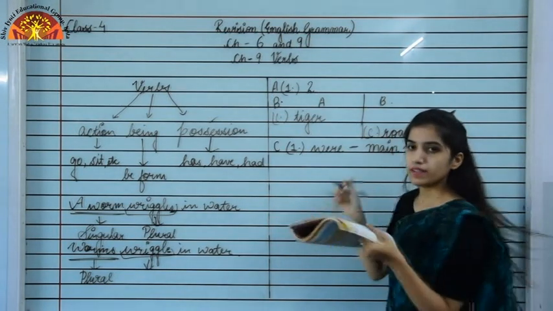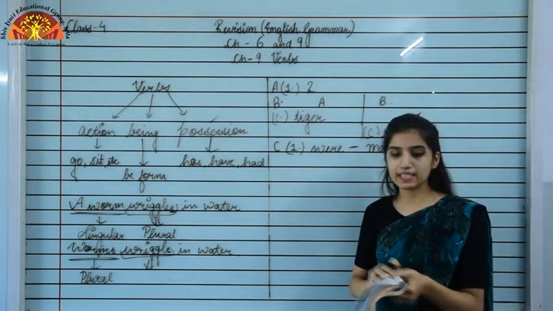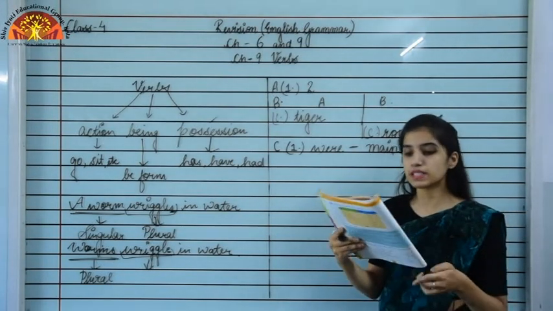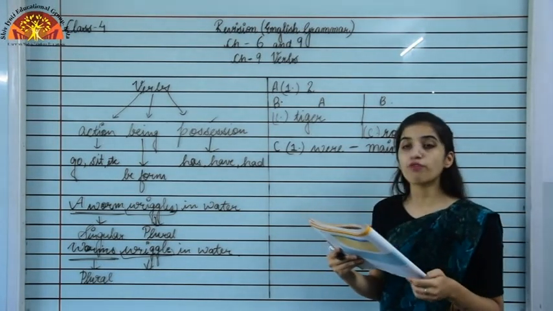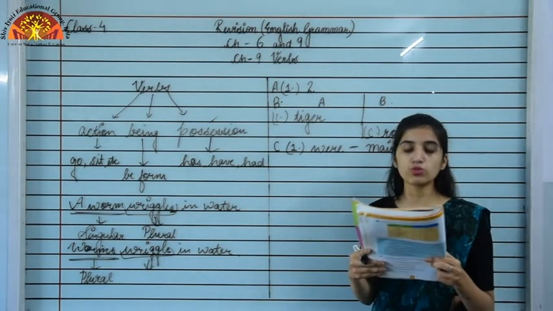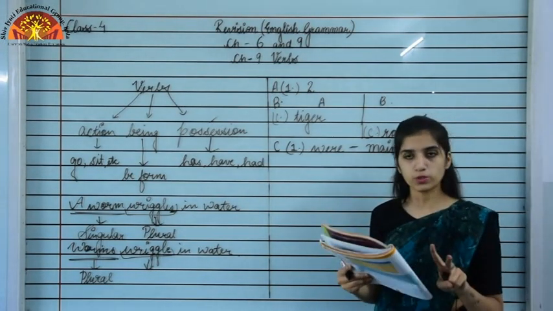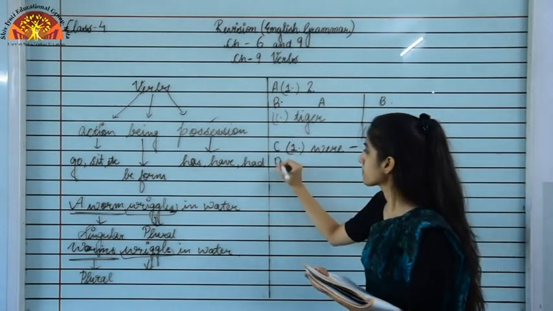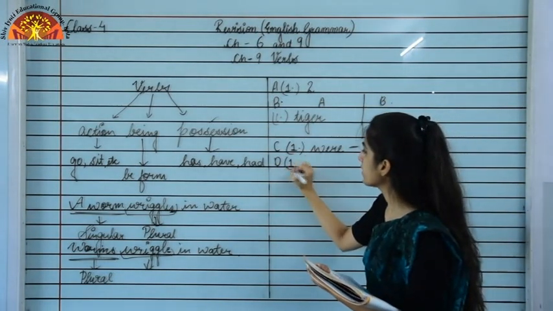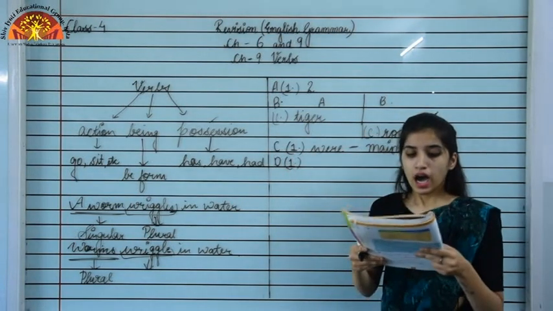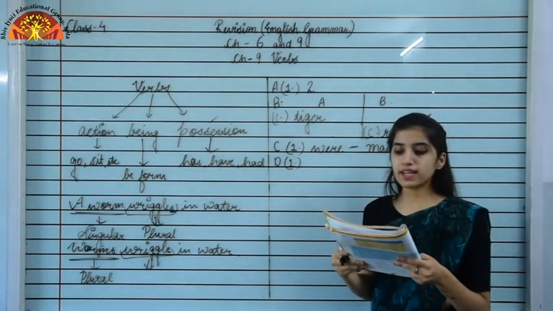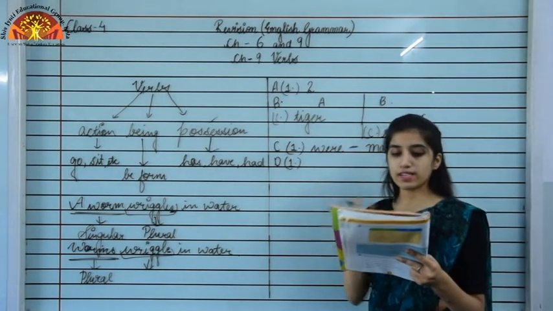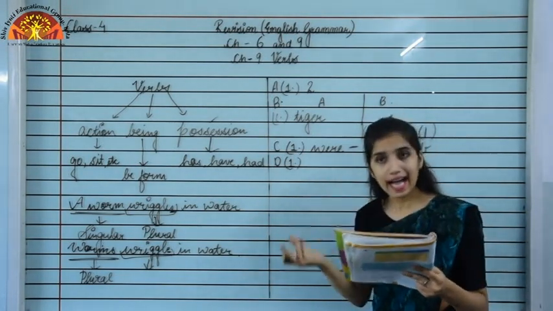Okay. Now moving to the next exercise, which is given on page number 43, exercise number D. Choose the correct words for the following sentences. We have to choose the correct verb. We are given two options again in this exercise. First one, our school library dash the latest books, and the options are has or have.